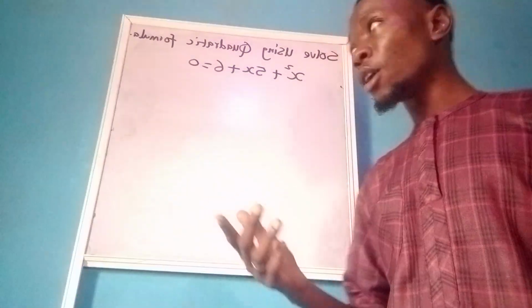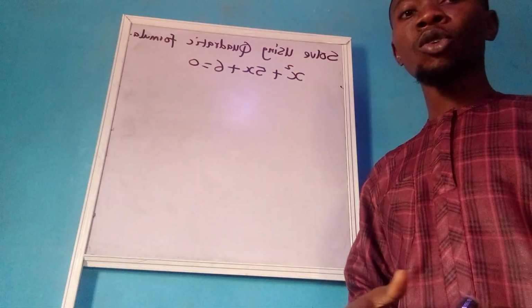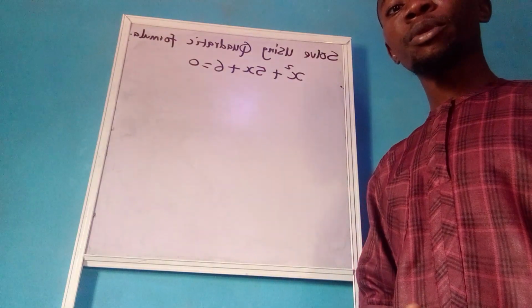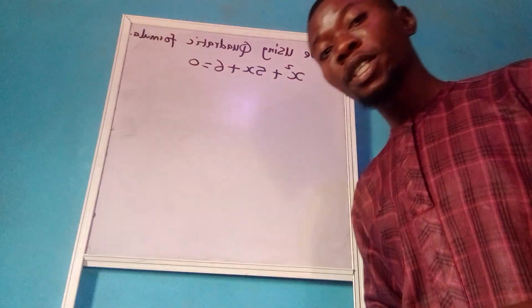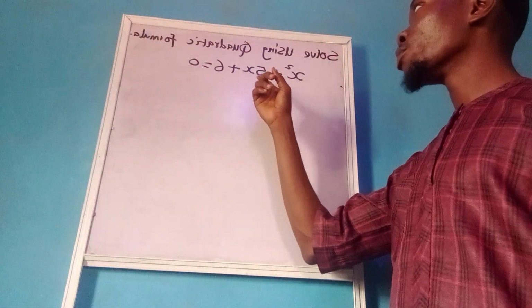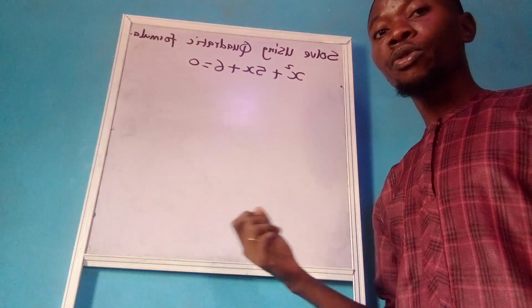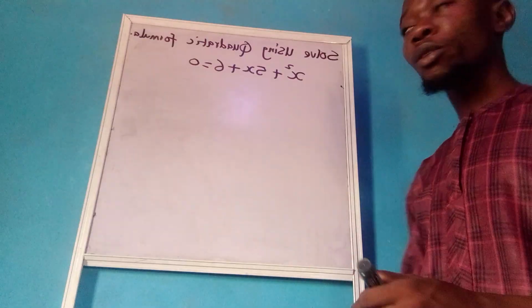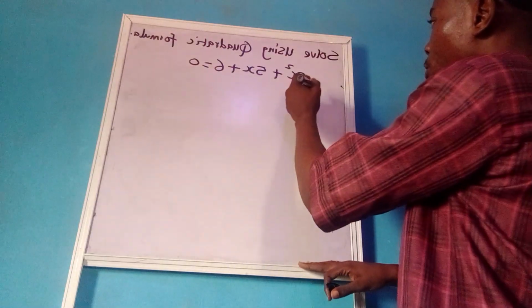Hello viewers, today we want to solve these quadratic equations on the board using a quadratic formula method, which is known as the almighty formula method. So the equation is x squared plus 5x plus 6 is equal to 0. Now to solve this, we are going to use the formula method, and the formula is given to be x